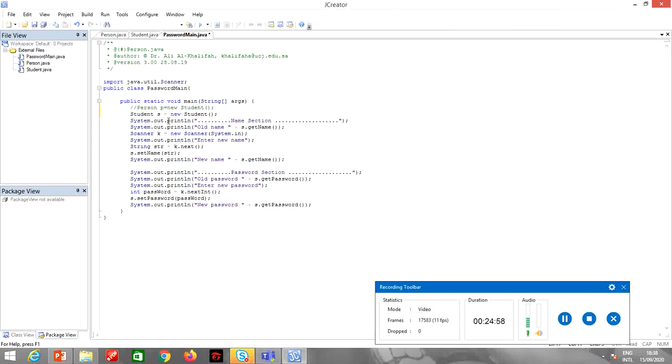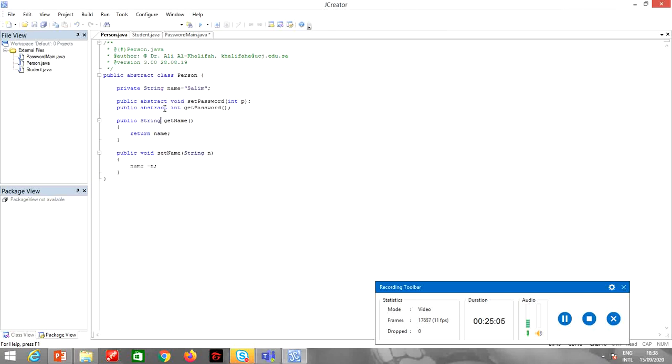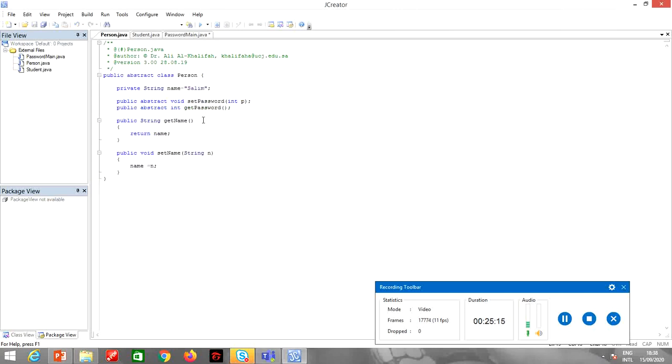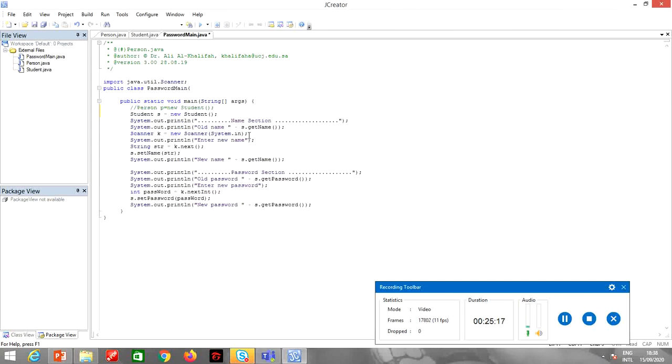Alright, so now what we have done, we are just printing the name, because in the person class already the name has a value. So we are printing the value in the variable name by using the get name method. Then we want the user to enter the new name, so that's why we have used the scanner class to enter the new name.